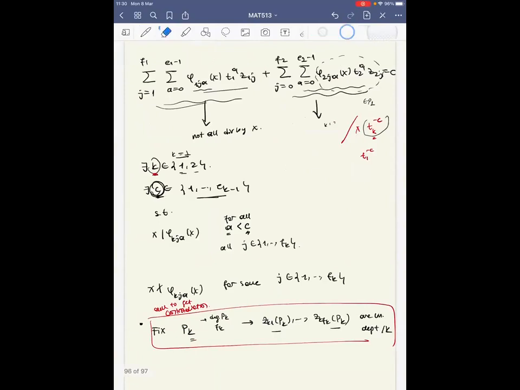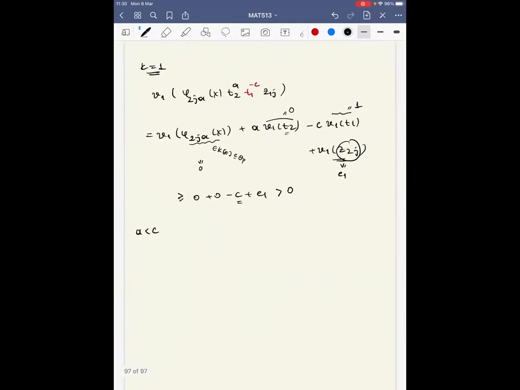By the way, I made a mistake here in the notation. This is dk minus 1. So here we are in the case E1 minus 1. And when A is less than C1,